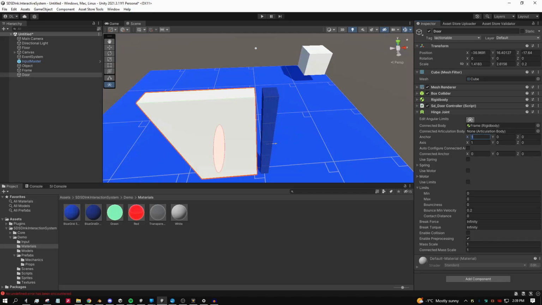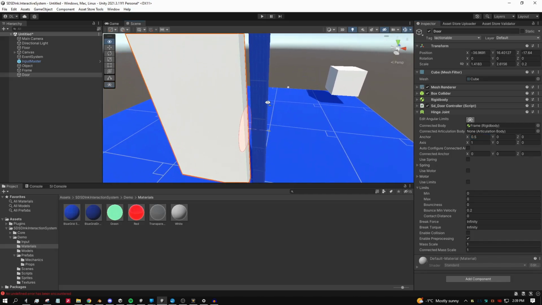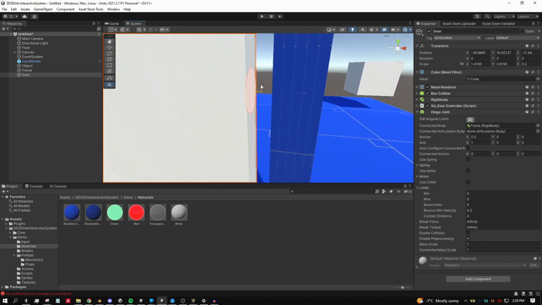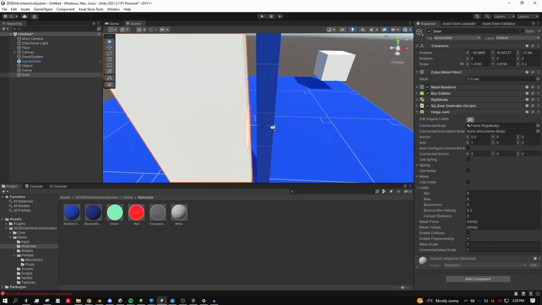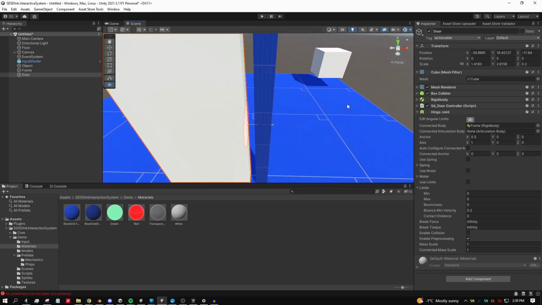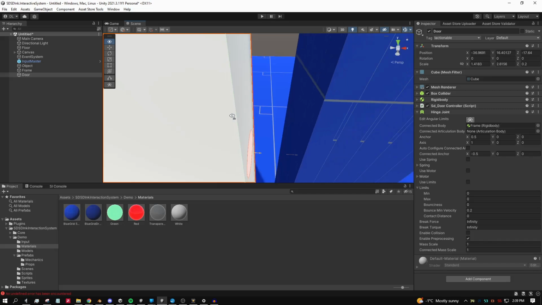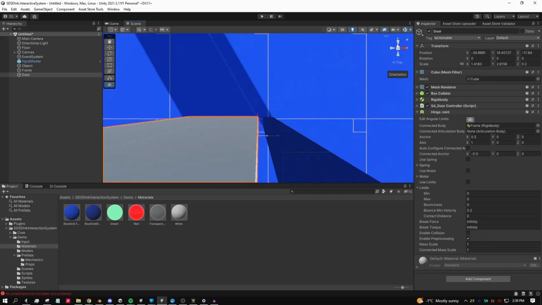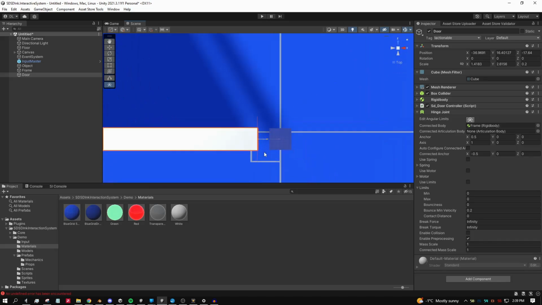But if we were to set this to 0.5, you can see that it places it in the middle, or rather at its edge. And same with this one. We want this to be 0.5, but we want to negate that, so this way it's at the same place. So if we look at a top view here, and we were to move these over, and we hit play,